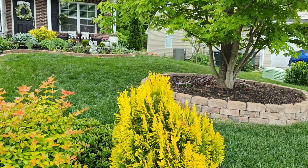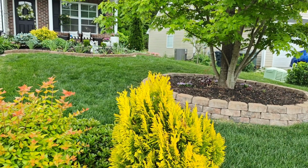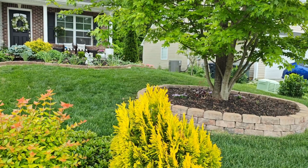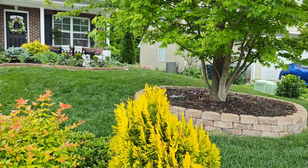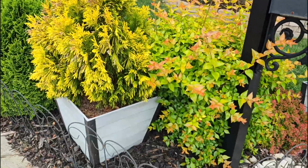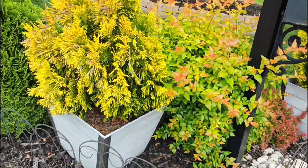So today I'm going to be doing a late April garden tour. This is my first garden tour of the 2024 season. Figured I'd start up front just because I have a lot of changes that I've made, as you guys can see. I'm going to start with my mailbox bed first. So far this year I have not done anything in this bed,